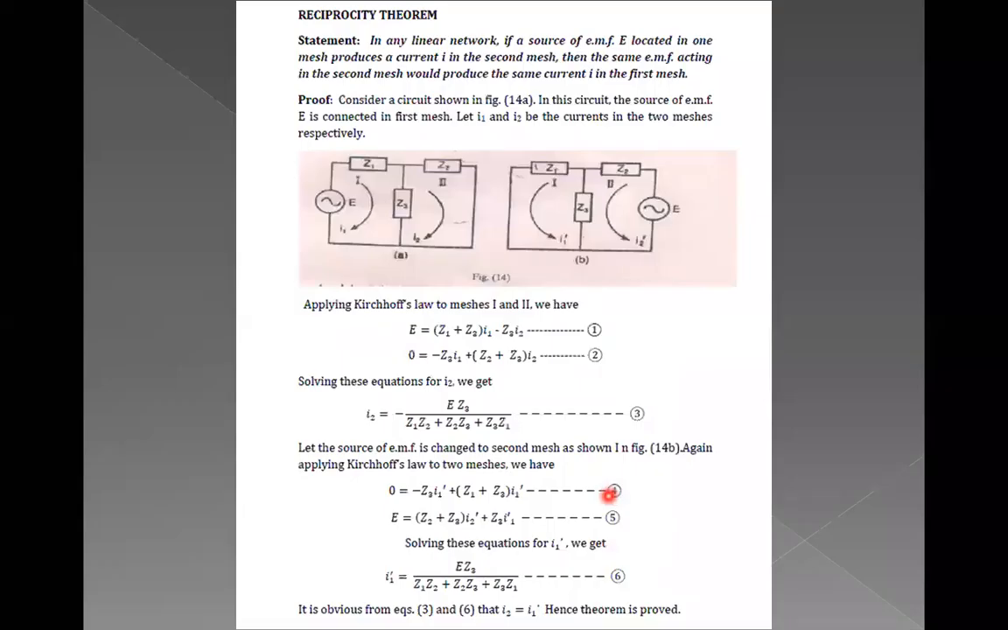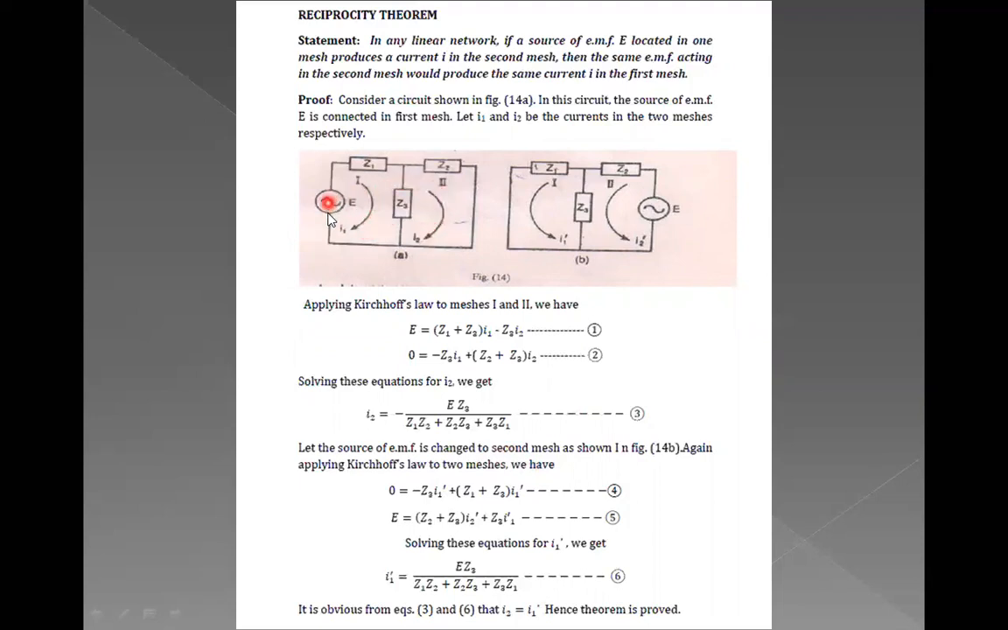The last we have is the reciprocity theorem. In any linear network, if a source of EMF E located in one mesh produces a current I in the second mesh, then the same EMF acting in the second mesh would produce the same current I in the first mesh. Once again, if you see this particular circuit diagram, in any linear network, if a source of EMF E located in one mesh produces a current I in the second mesh,